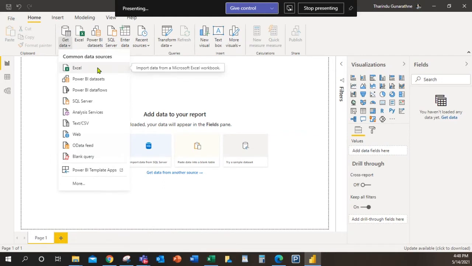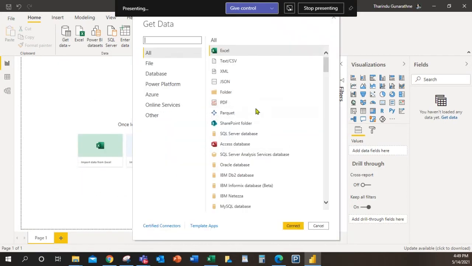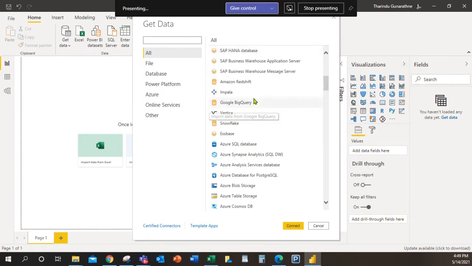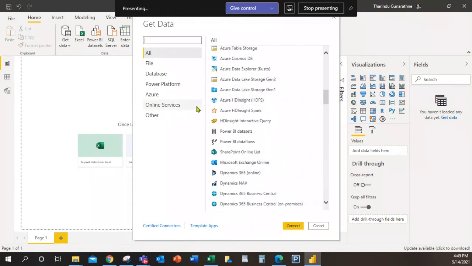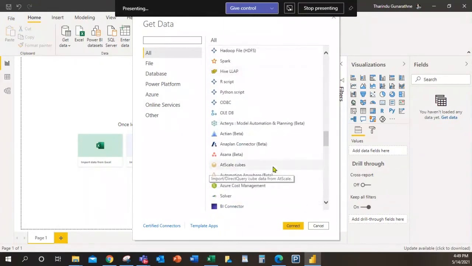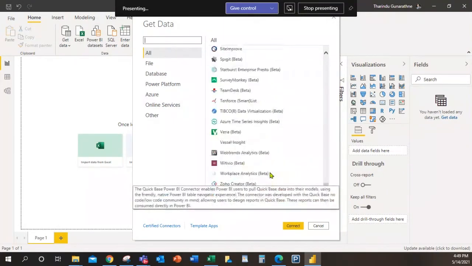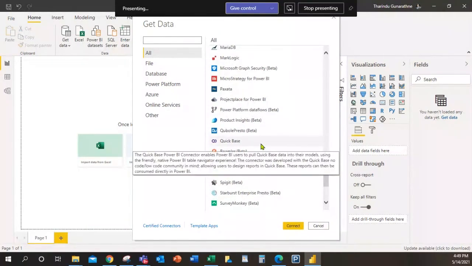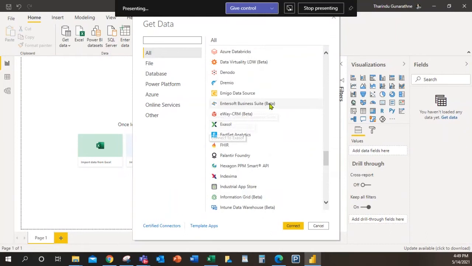So I already explained that you can connect the SQL database, or you can connect any open source database, or you can connect any website data. You can connect anything actually, because this has many connectors. Even you can connect SAP. Even you can connect Facebook. You can connect blobs. See, you can connect. You can just go through and see what are the features that you have, what are the connectors that you have. Okay. Let's say if you are going to create a dashboard which is related to an IoT solution, yes, you have enough connectors to connect your source.